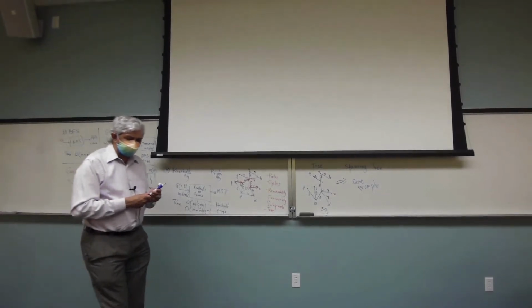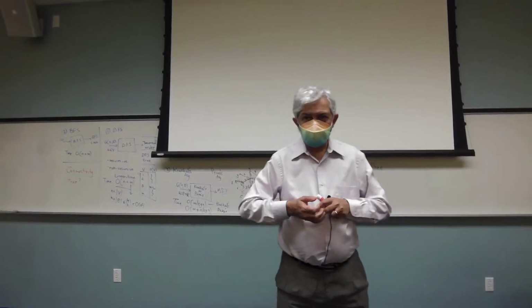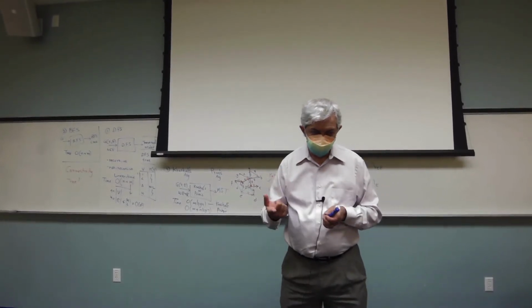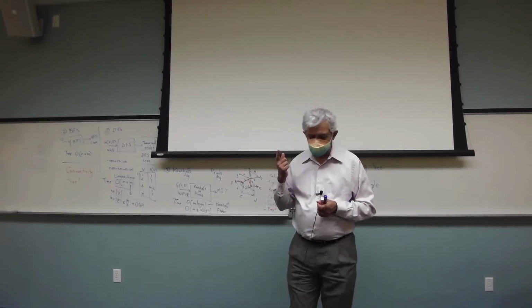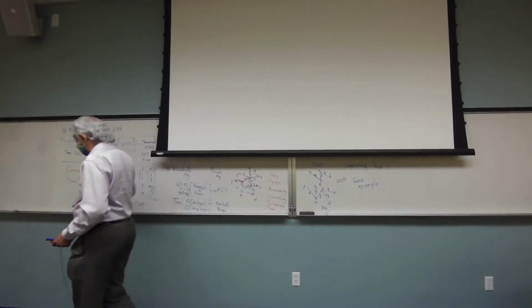Well, it turns out that there is a simple way to do this. And the simple way is, what do we do? Check if it's connected and then make sure there are n minus 1 edges. That's right. So if it's connected,